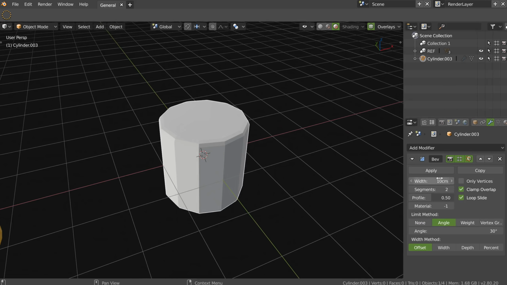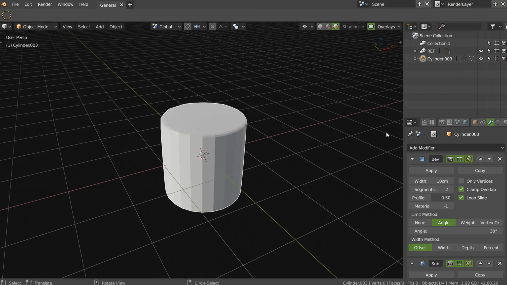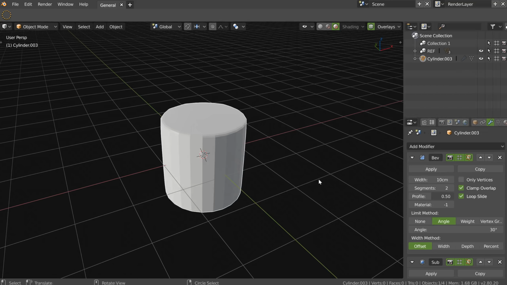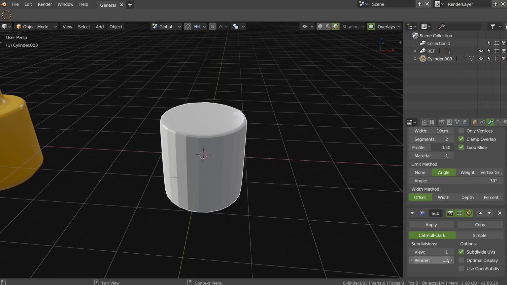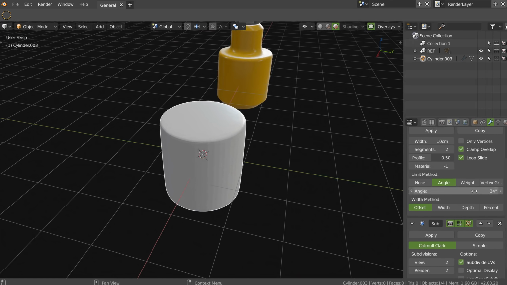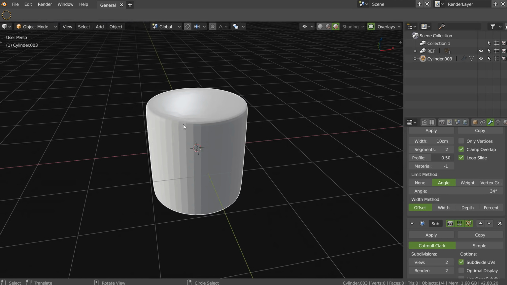I will make an angle, and as you can see, I will add a subsurf. Up, subsurf. Too bad I don't have the shortcut for this. I could work directly in the 3D view. So I will add this. I will have to play with this one. Okay. So now I want to make it